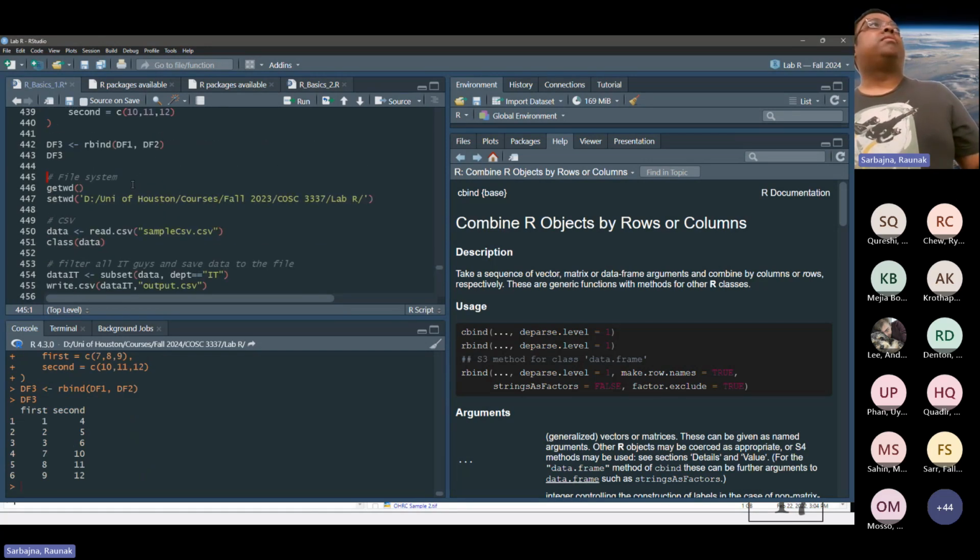This file system stuff is fairly useful. Oops, this is 2023. It's supposed to be whatever. So why getting your working directory and setting your working directory to wherever you're writing your code is useful